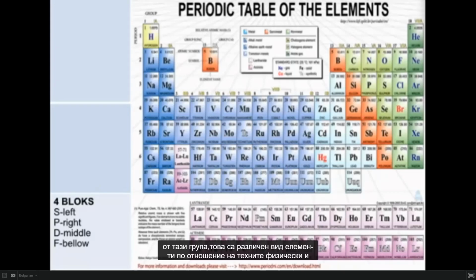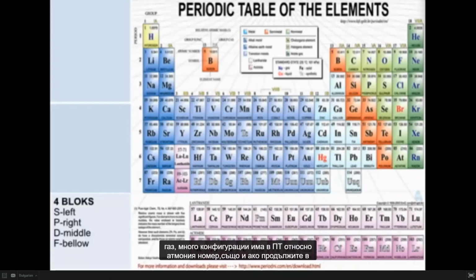Then the periodic table, you are able to separate into metals, metalloids, and non-metals. Each group is a different kind of element regarding their physical chemical properties and how they behave, like a solid metal, like a gas or noble gas. A lot of configuration is in the periodic table regarding the atomic number.